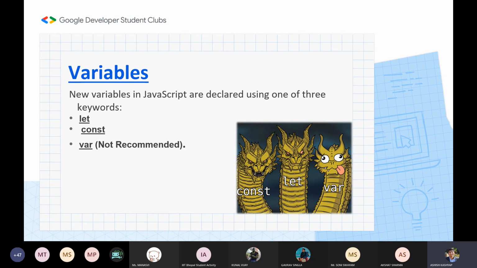Whereas let and const have introduced block-level scoping, so in various parts of your code you won't encounter ambiguity and bugs due to the usage of let and const, whereas var sometimes behaves weirdly,